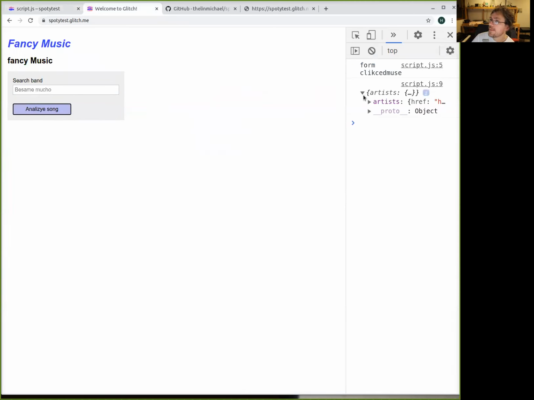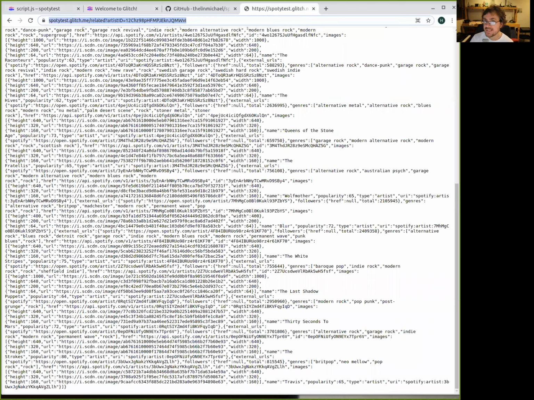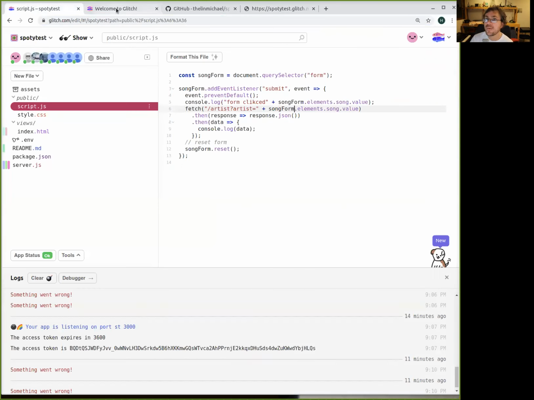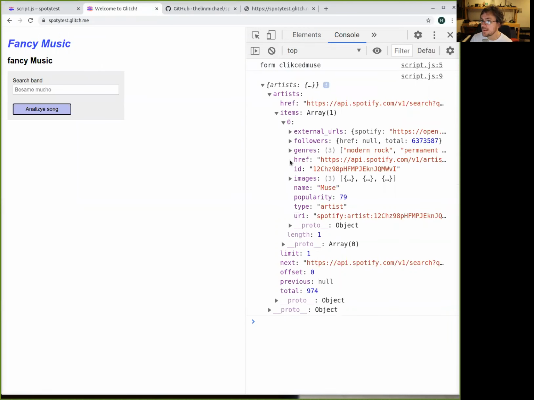now I'm getting back what we were getting here by hand. We now are getting that here as a response in the client. And these are the bands. Actually, we are limiting the bands to just one. So we are getting the information of the band: the popularity, type, and so on. Okay, how many followers does it have? Let's put millions, 6 million. Okay, yes. Does that make sense?